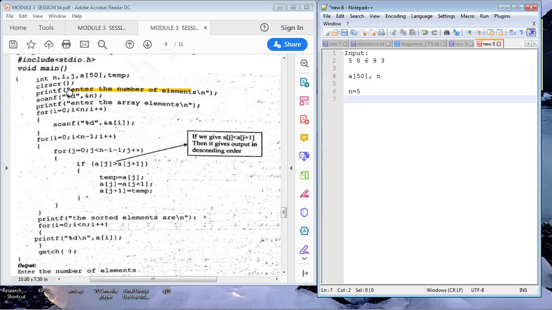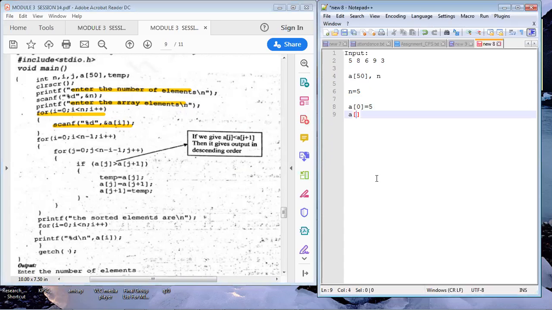After that we are asking the user to enter array elements. Now the user should enter all the array elements one by one. How do we read array elements? Using a for loop and scanf. Inside scanf we have a of i. In the first iteration the i value will be 0, so a of 0 is the first element. The user enters 5, which is stored in a of 0.